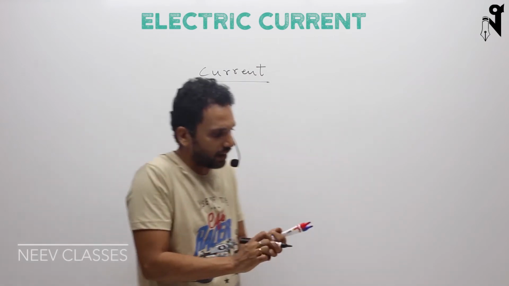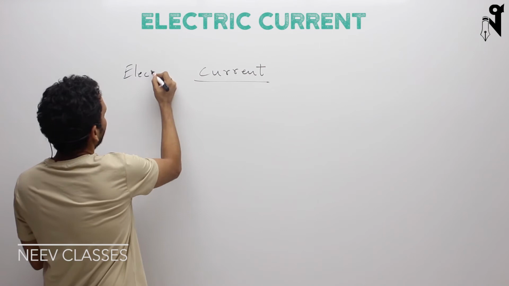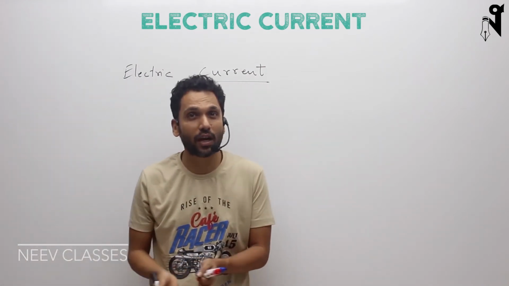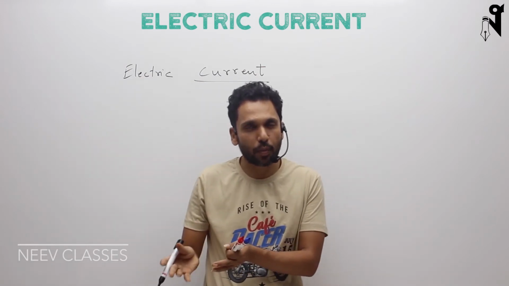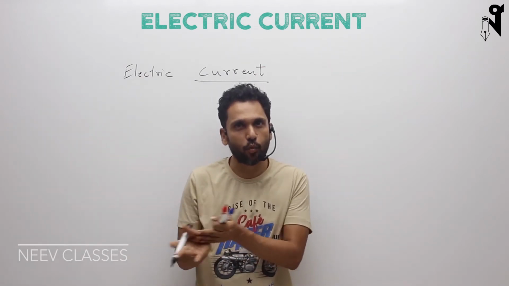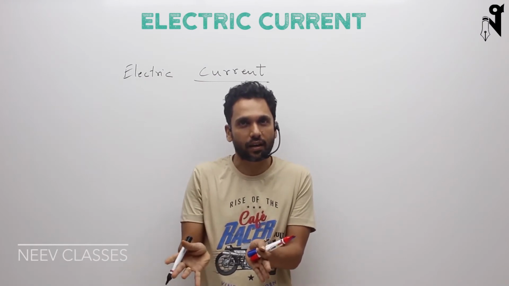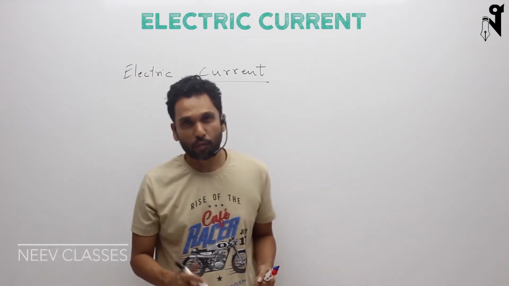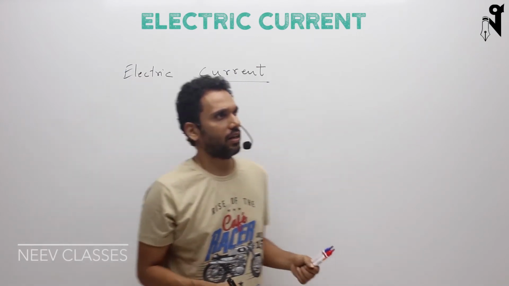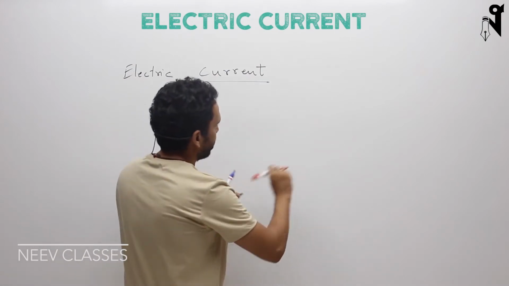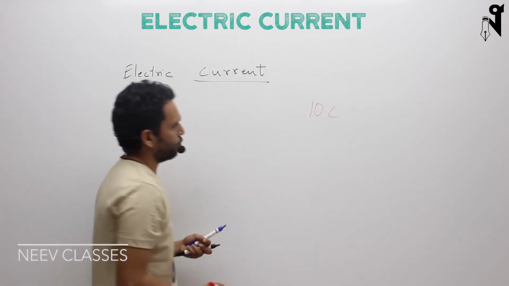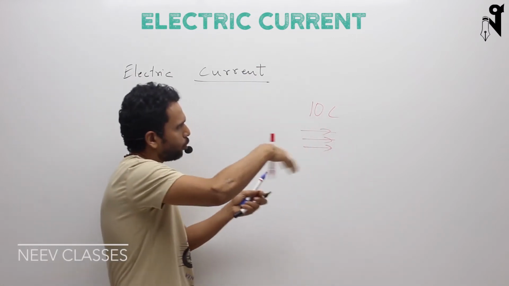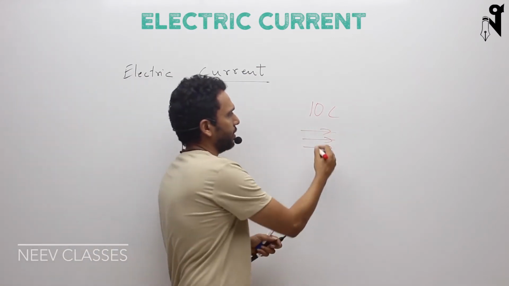So what would electric current signify? Electric current would be the flow of charges, the electrical charges. So these particles, which were the charge carriers, if they are moving, then that constitutes electric current. More charges are flowing, more would be the electric current. So before going ahead, let me ask you one thing. If I say 10 coulombs of charge has flown through a certain point, it has gone past a certain region,